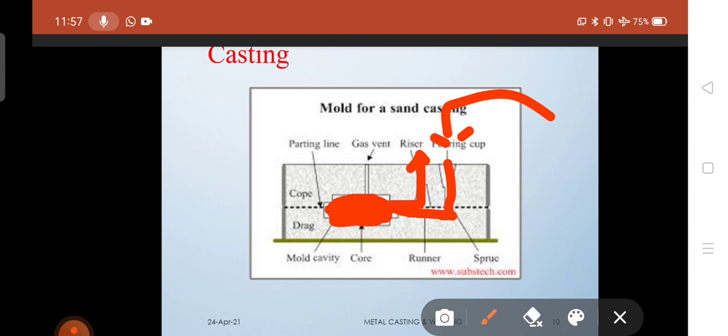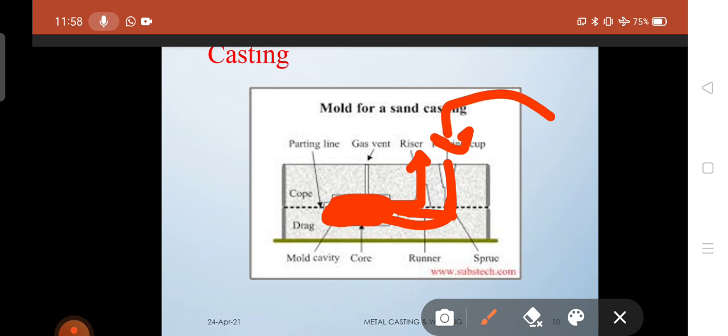Now the next step, after filling this entire cavity, is solidification. We have to make it cool so that the liquid becomes a harder product. For that, cooling is necessary. So after filling this liquid metal into the mold cavity, we allow it to cool for a certain time.